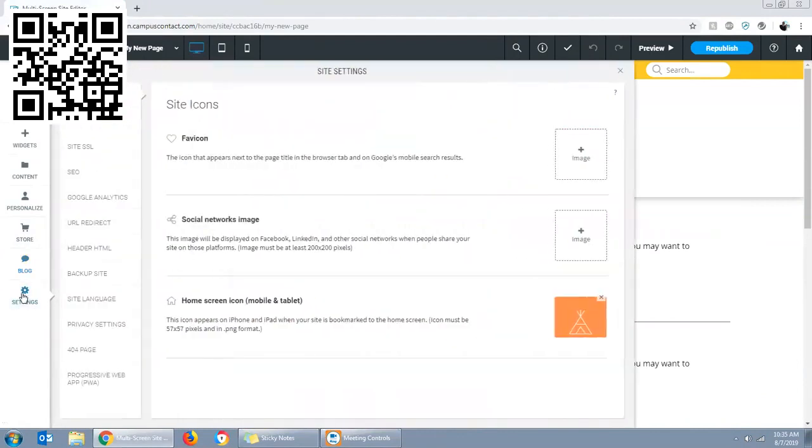And then under settings, we've got lots of options now. You can now manage your own fave icon, and that's the little icon that you see in the tab of your browser in the top left. All of ours have the little C for Campus Contact, and you can now change that quickly and easily at any time on your own. By default, when your site goes live, we put the Campus Contact icon in there. If you don't like that, you can change it real easily by putting your own fave icon in there at any time. You can also put a social network image in there, maybe one for Facebook or Twitter or whoever else,